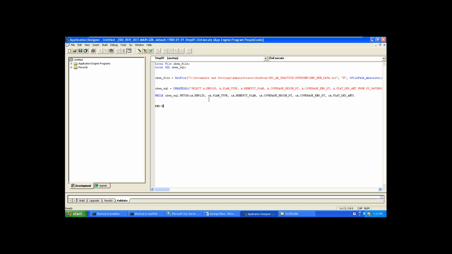And while, within this loop, we have to write that. What we have to write? We have to write a file. Where is the file? There is the file. Dot write line. Simple.